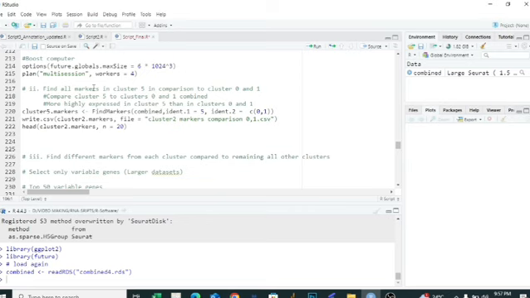This indicates these are related cells, so the markers of those clusters may have some similarity. So in that case, if we want to compare the markers of a specific cluster in comparison to other specific clusters, for example, if we want to compare the markers of cluster 5 in comparison to 0 and 1,